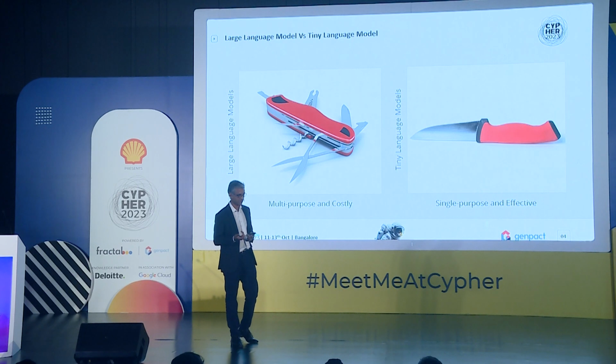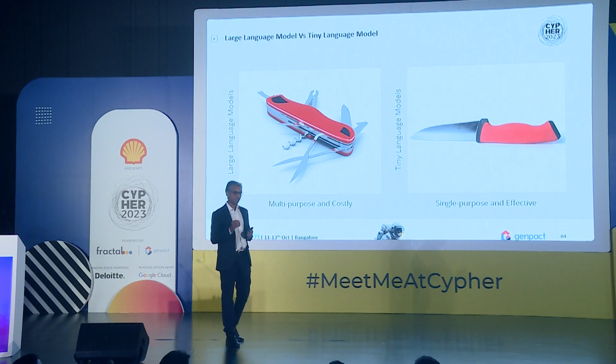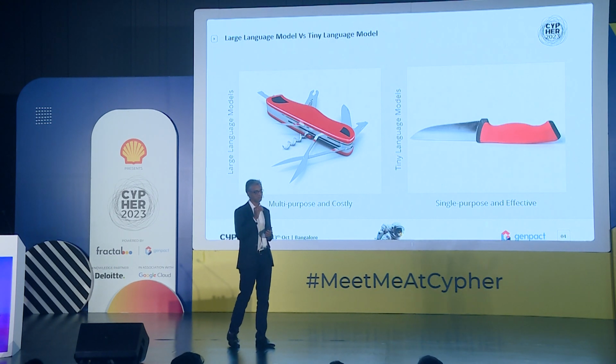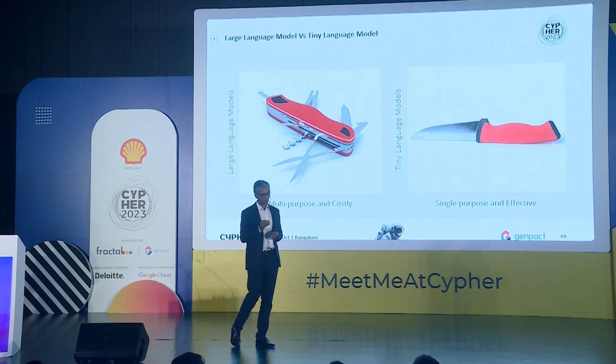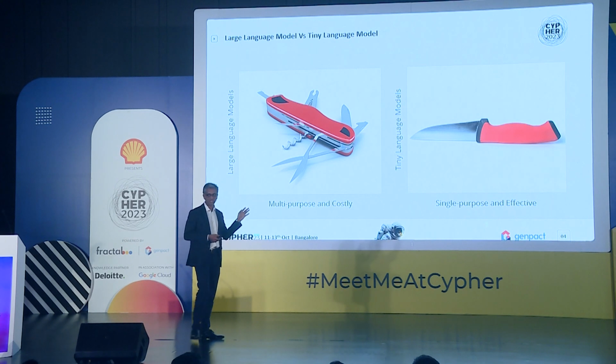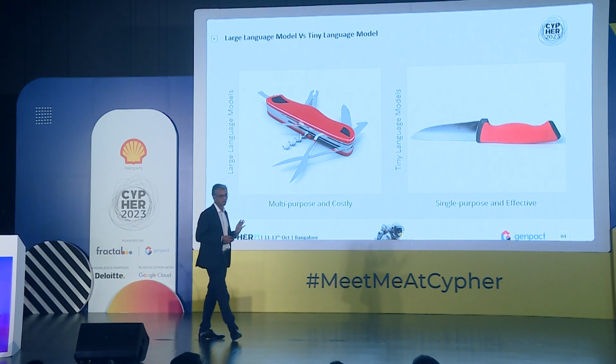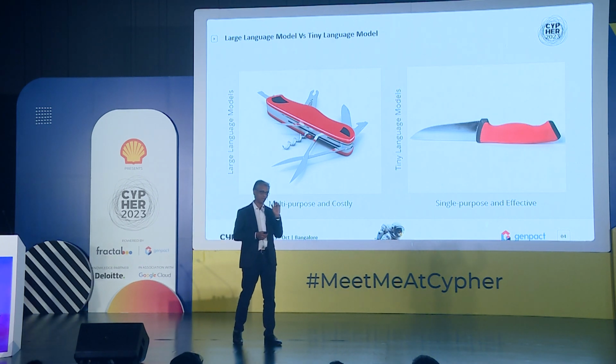You will not ask. So at any point in time, given a business domain, you don't need a unique or gigantic large language model. You need a very specific and accurate model. If it is small in size, it is easy for you to manage. This picture clearly depicts the difference between the multi-purpose large language model and the single-purpose tiny language model.